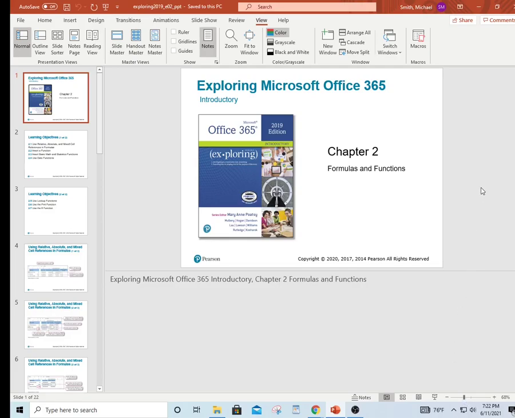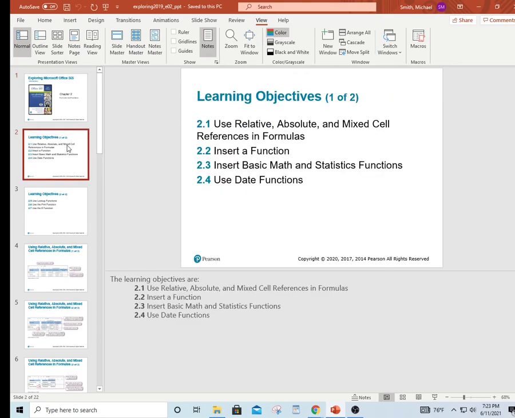Chapter 2, Formulas and Functions. Relative, absolute, mixed cell references and formulas. Insert a function. Okay, so we're going to do some formulas, and then we're going to find out that there